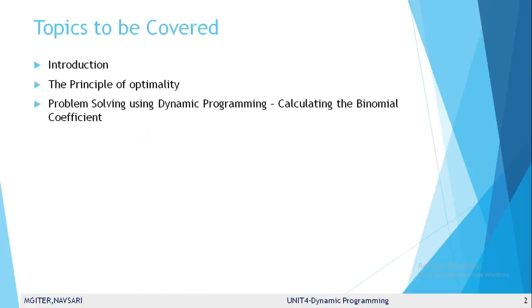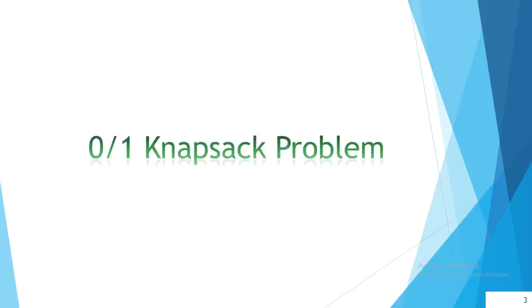Today we discuss the knapsack problem. First of all, we see what the knapsack problem is. The knapsack problem using the dynamic approach is known as the 0-1 knapsack problem. Why is it known as the 0-1 knapsack problem? Because here we include the object as a whole, otherwise we cannot include it in the knapsack. That's why it is known as the 0-1 knapsack problem. Breakable objects are not allowed in the dynamic approach.